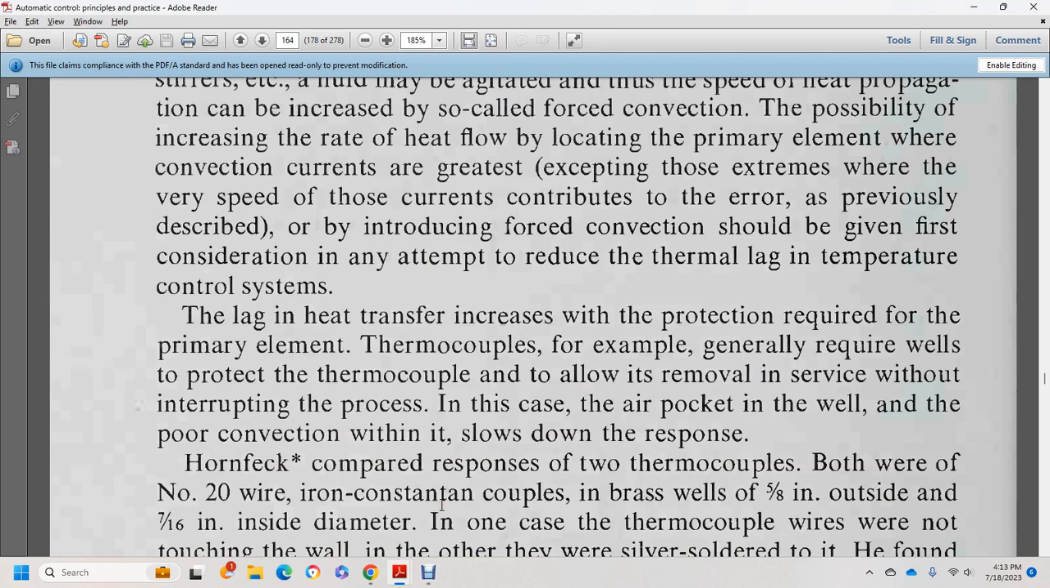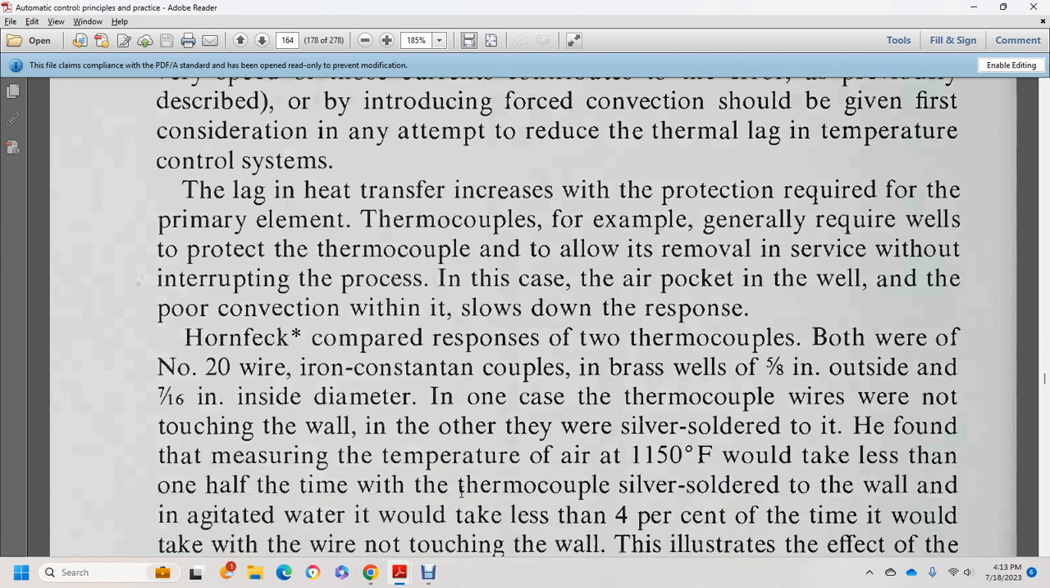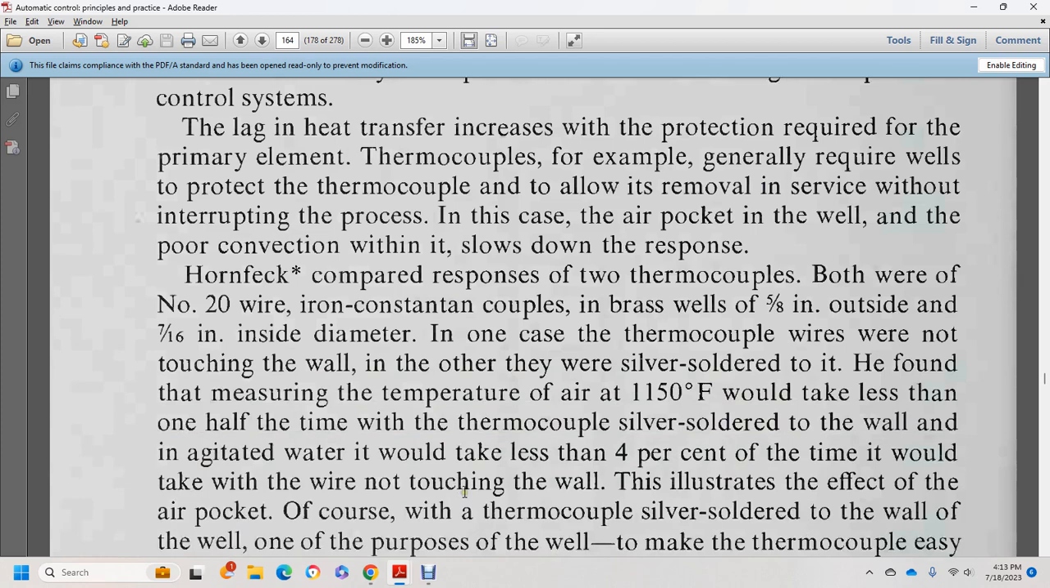For example, one generally requires a well to protect the thermocouple, to allow for its removal from the process without interrupting production. The air pocket in the well, with poor convection within it, slows down the response. In fact, a comparison of the response of two thermocouples was made, with number 20 wire, iron constantan, in a brass well, 5/8 of an inch outside diameter and 16 inside diameter. In one well the thermocouple wire was not touching the wall,